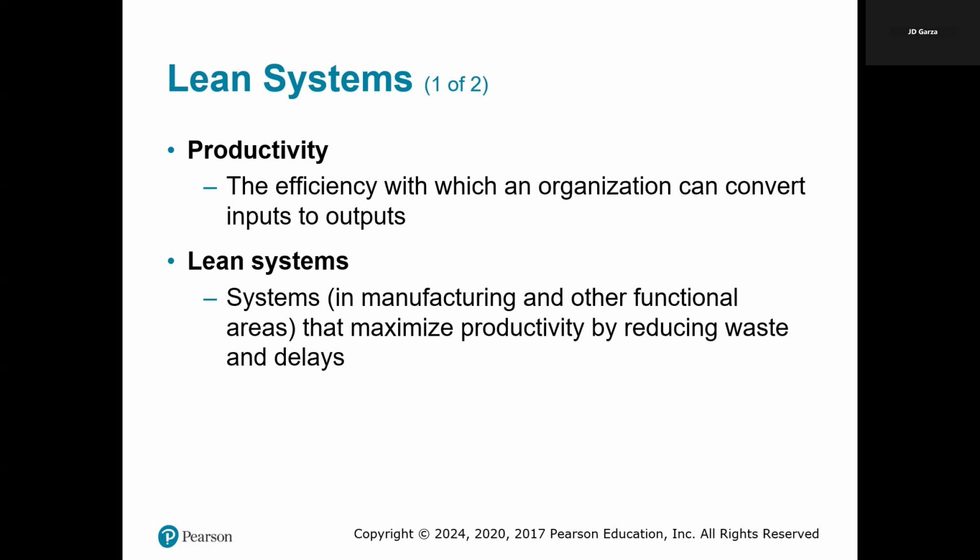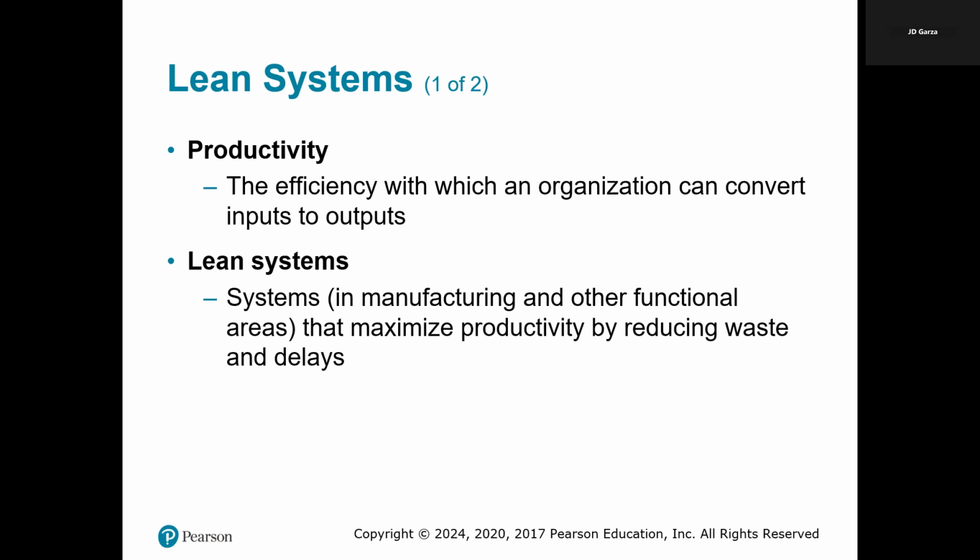across various industries to achieve streamlined processes. And lean focuses on eliminating anything that doesn't add value to the final product. This could also include reducing delays, minimizing overproduction, even ensuring quality control at every step. Let's just say, as an example, in a restaurant, a lean system would involve optimizing the kitchen layout to reduce the time wait staff spends retrieving orders, ensuring quicker service, even higher customer satisfaction, you know?